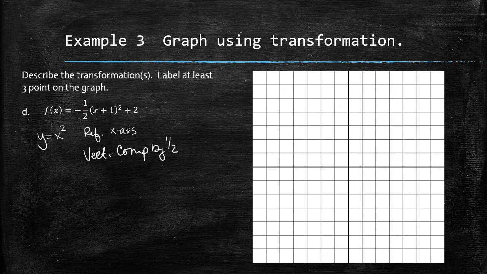The plus 1 that's with the x, this is a horizontal change, so it's the opposite. Adding 1 really moves it to the left 1 unit. And then adding 2 at the end, we're going to shift the graph up 2 units. Okay,